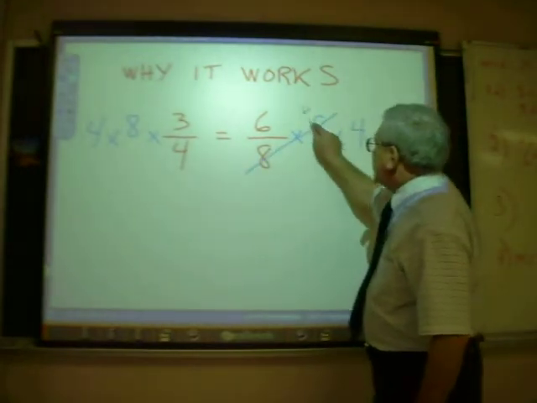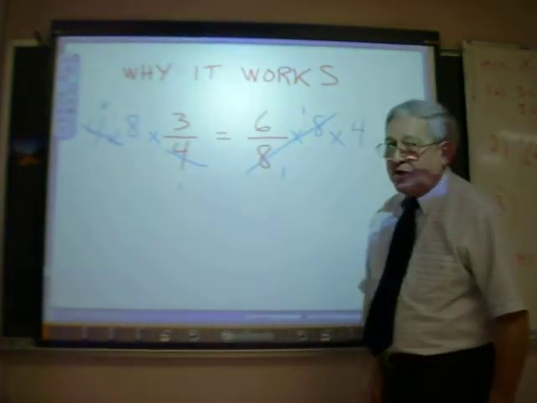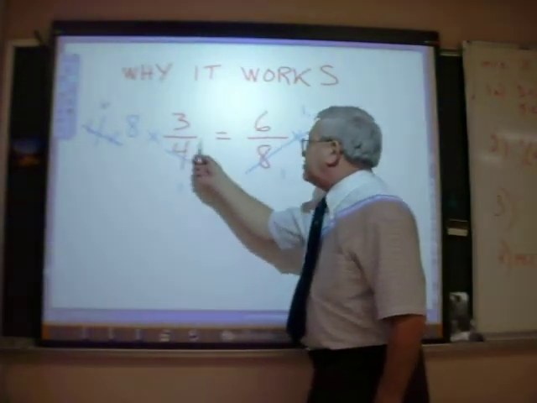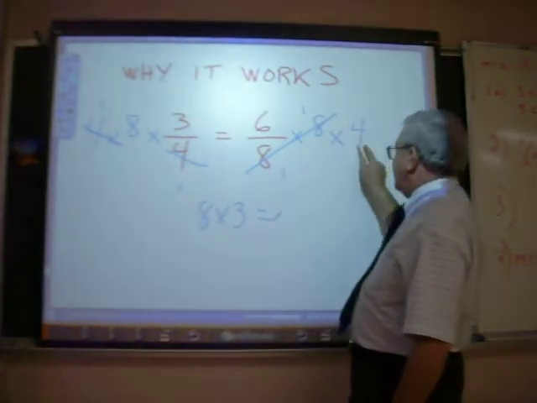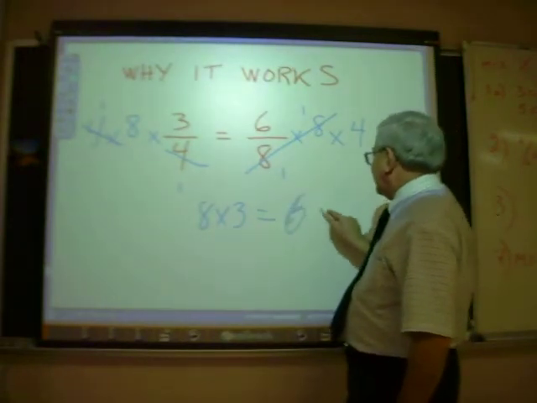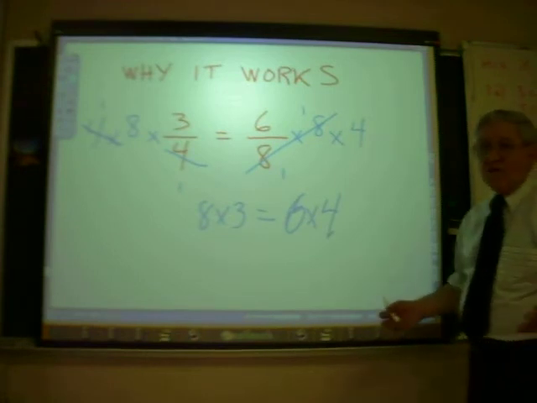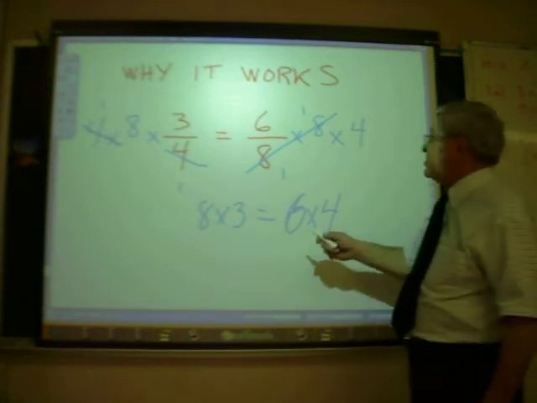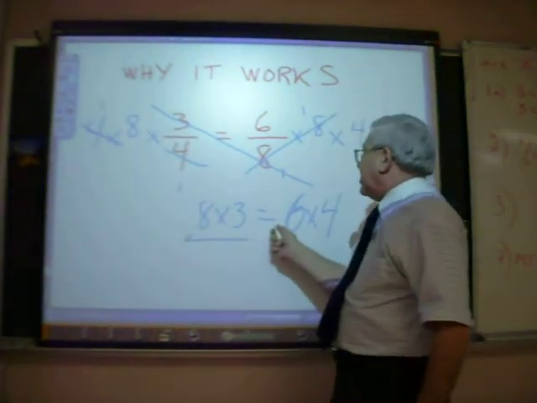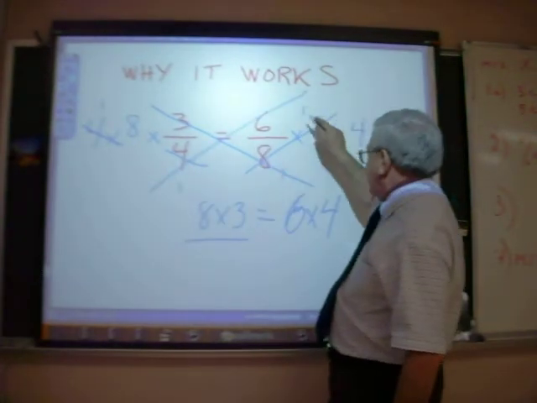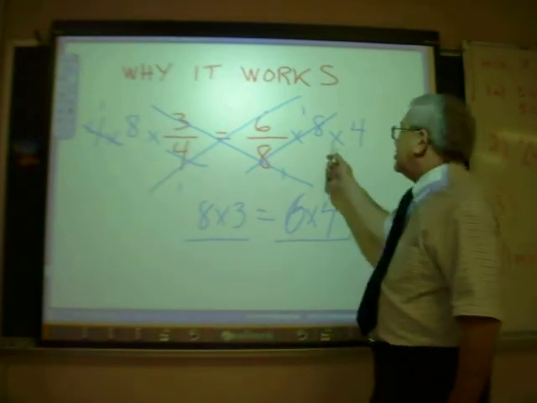8's cancel out here, the 4's cancel out here, and I'm left with 8 times 3 equals 6 times 4. Let's figure right there, right? 6 times 4. Now, that's what we got when we cross-multiplied. If I cross-multiplied this, I'd be going 3 times 8 is 6 times 4. So that's why the cross multiplication works the way it does,